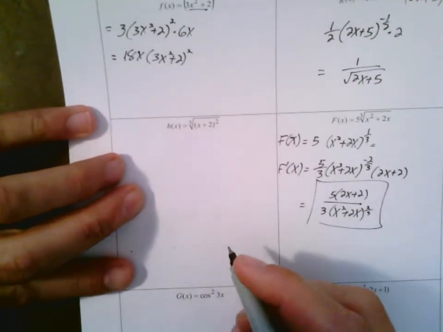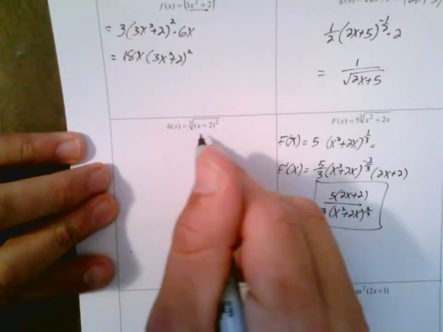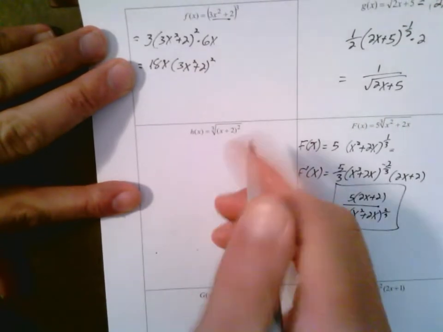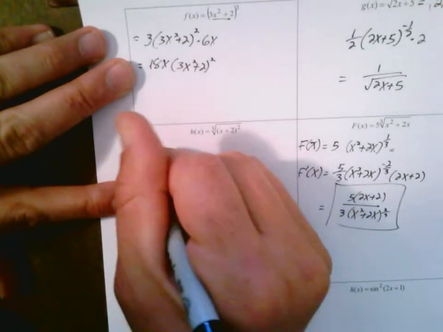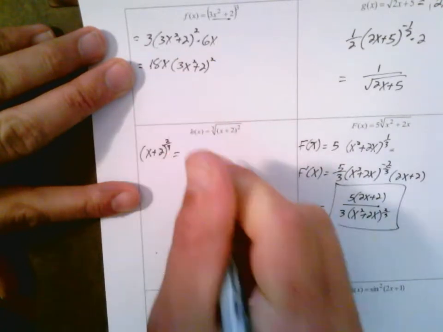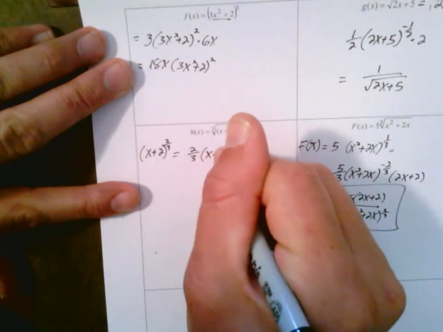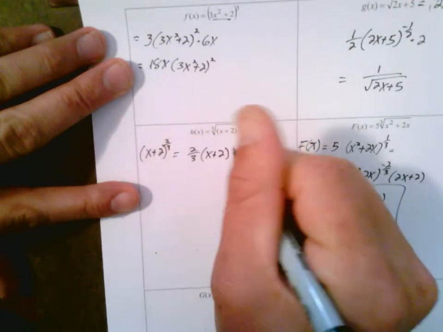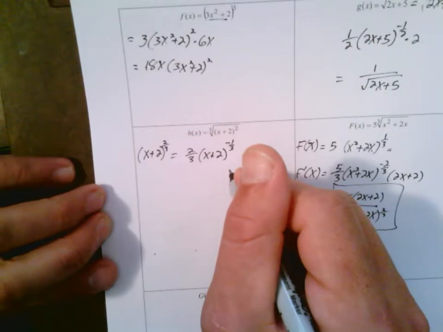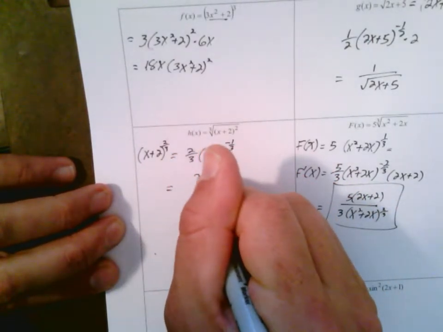Alright, moving along. This h of x is also equal to x plus 2 to the 2/3. Bring the 2/3 down. Subtract 1, or 3 over 3. Makes it a negative 1/3. Take the derivative of the inside, which is 1. And that's it. If you wanted to not leave that negative exponent,